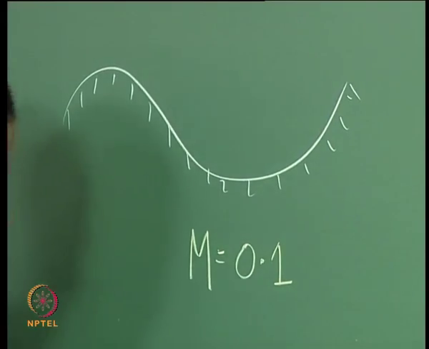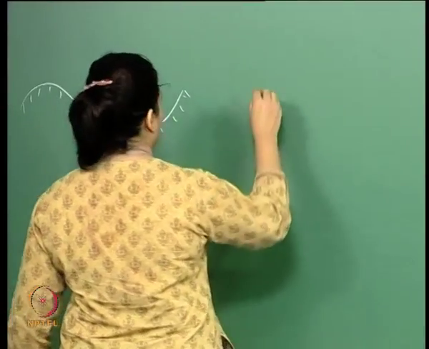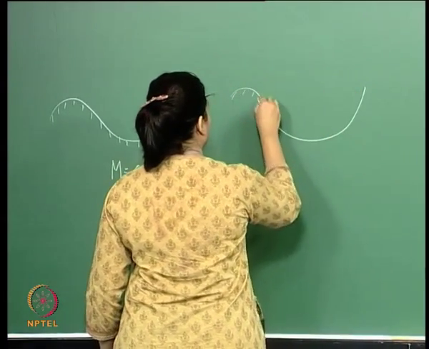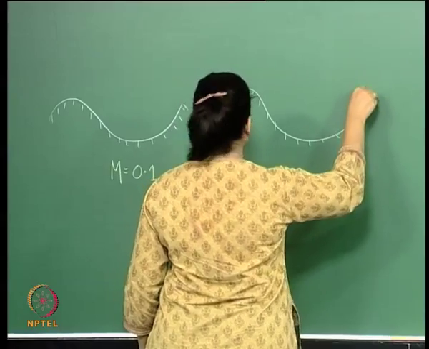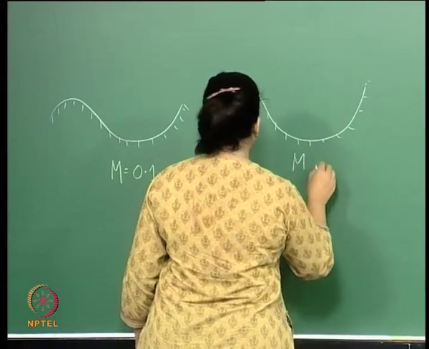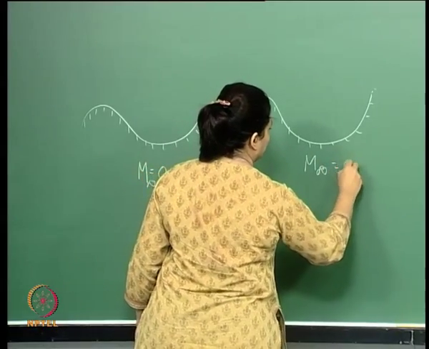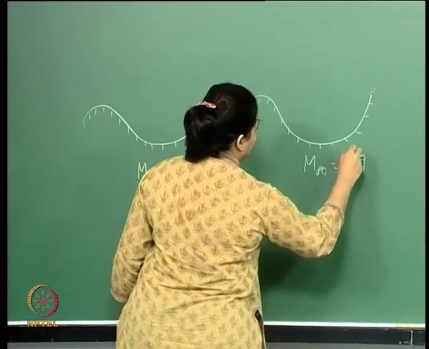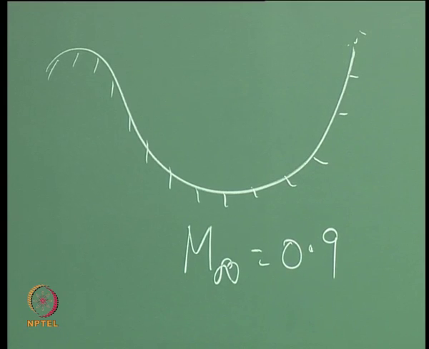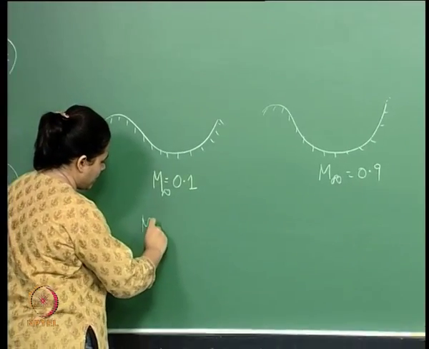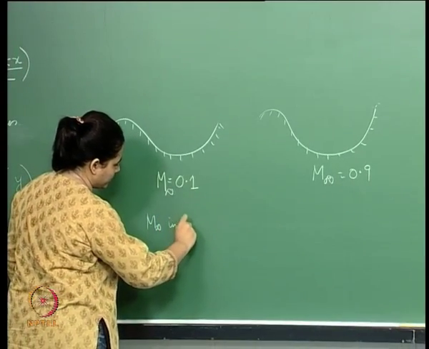And another case is that we have the same wall essentially, and this one says 0.9. Now what we said is that if Mach increases,